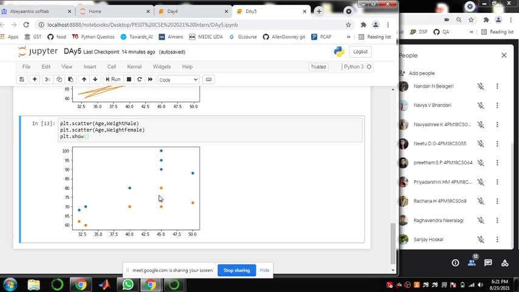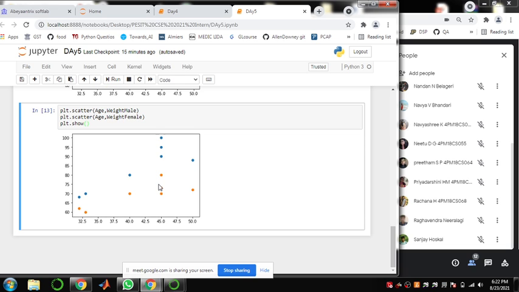When we have more samples, the scatter plot will help us understand clearly in which area the samples are spread across. That is scattered across, which will be very easily visible in the scatter plot. That's why I've taken up a small data set here. You can even try with a larger quantity of data for the same.